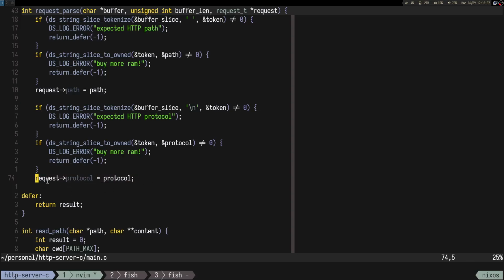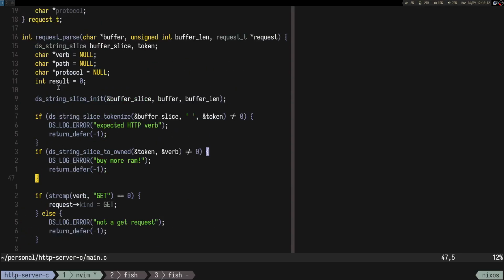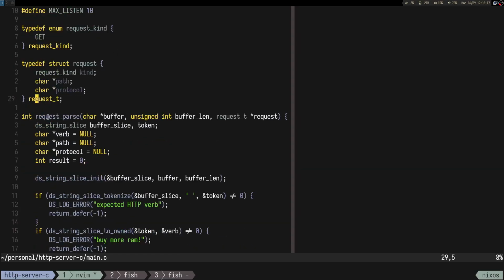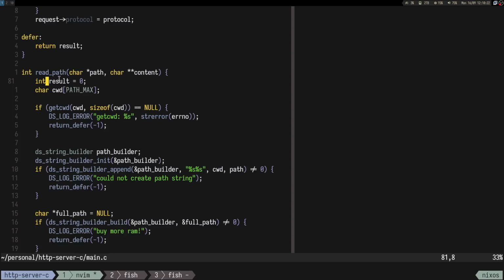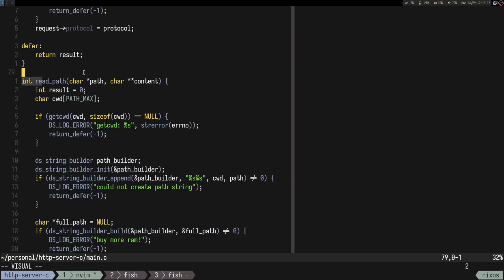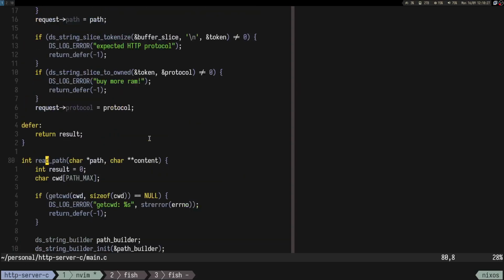I was just trying to do some refactoring. Maybe it's not that interesting for you, so I think the basics are more important, and how you structure the code afterwards is up to you. So yeah, then I have this read path function, which tries to build